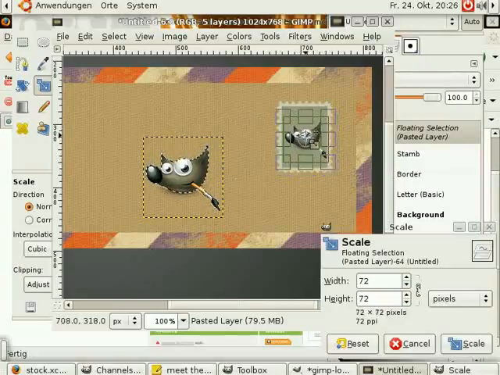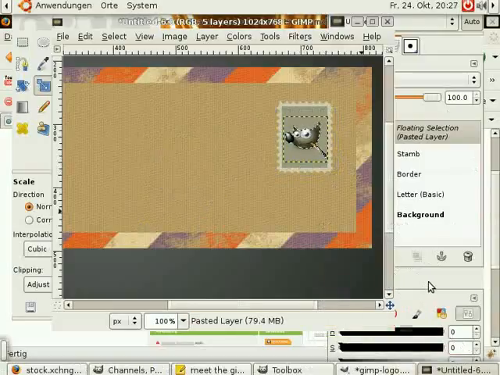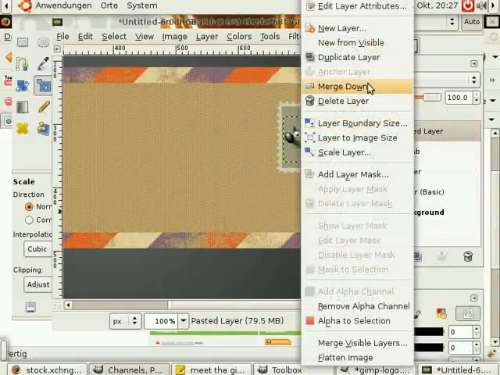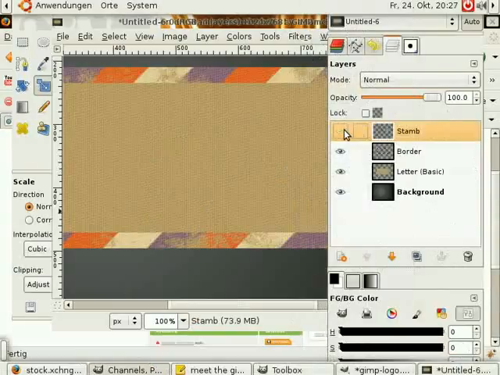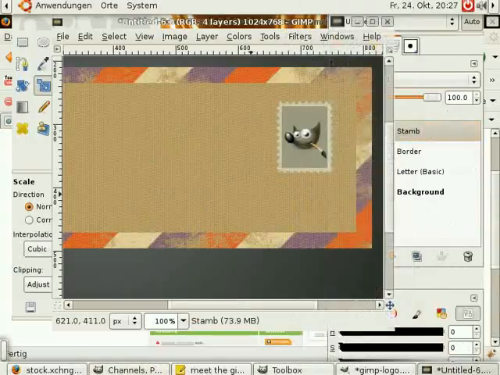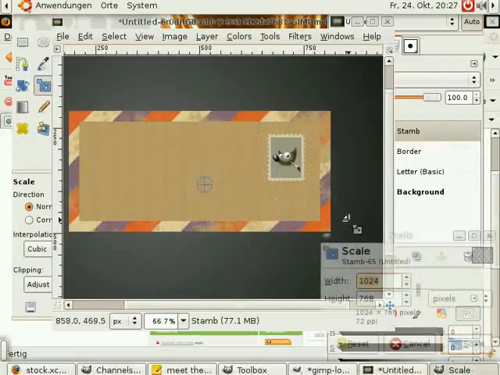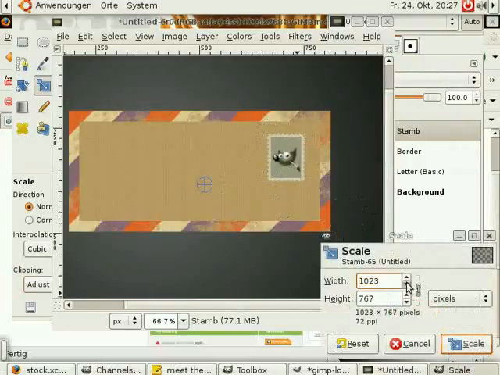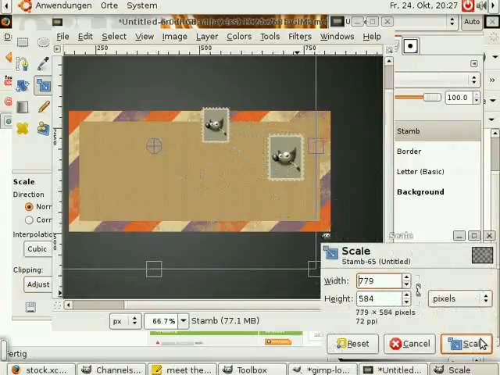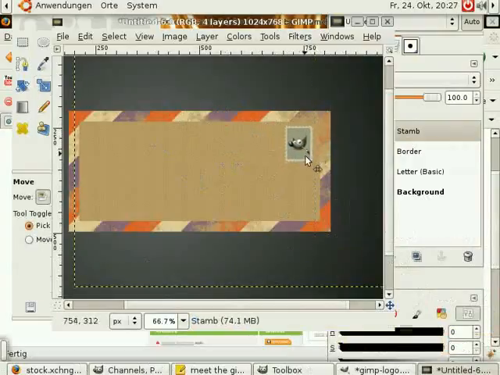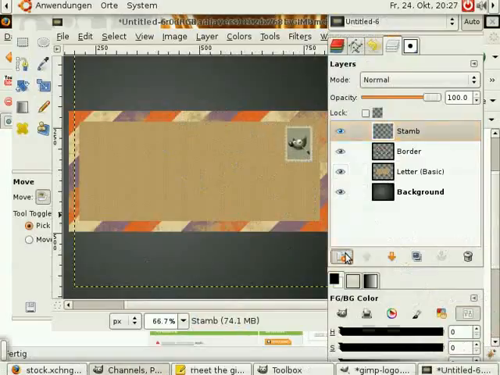Okay, click on Scale if you are happy with that, and create a new layer or just anchor it or merge down to the layer stamp. So I made a mistake. I made the stamp a bit too big, so I'm gonna transform it now. Yeah, okay, that's much better. I'm gonna move it again, and we're gonna add an